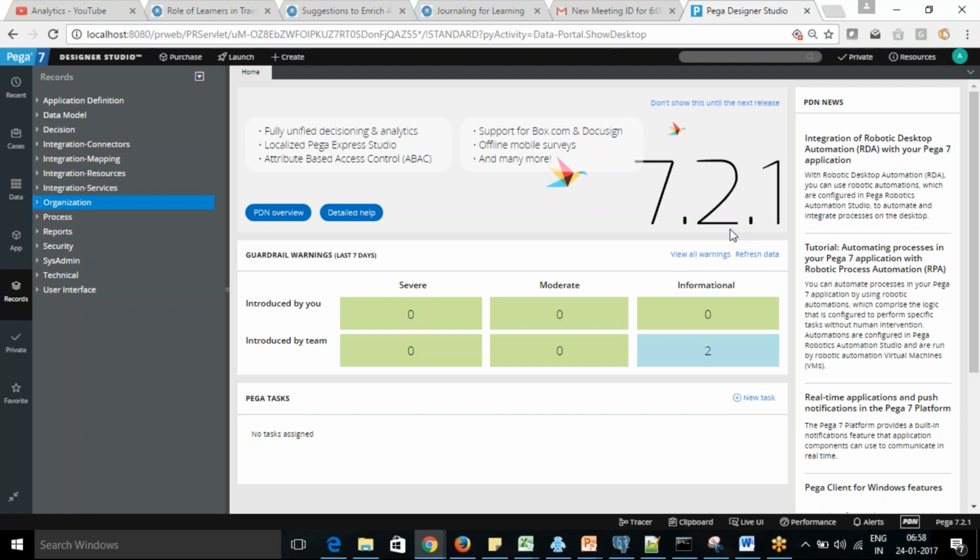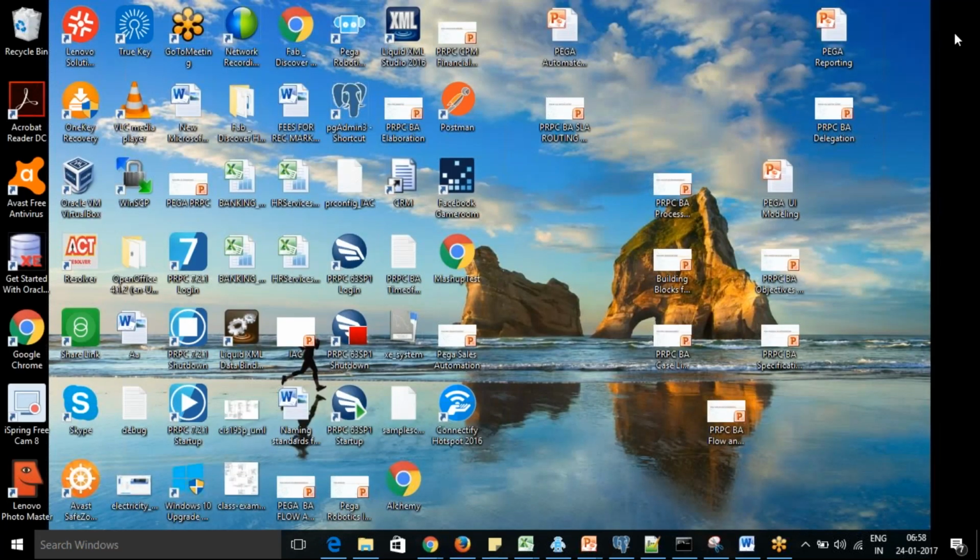A unit belongs to one division only; a unit cannot belong to multiple divisions. So a work basket belongs to a single unit and a single division.